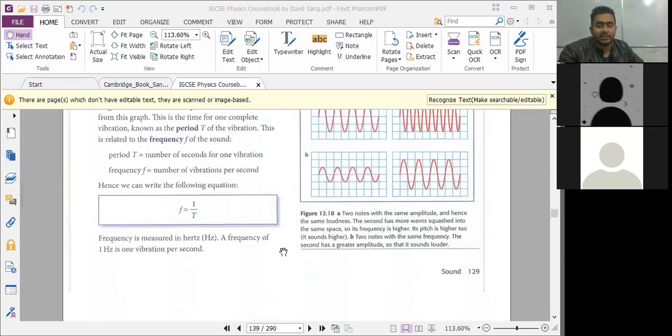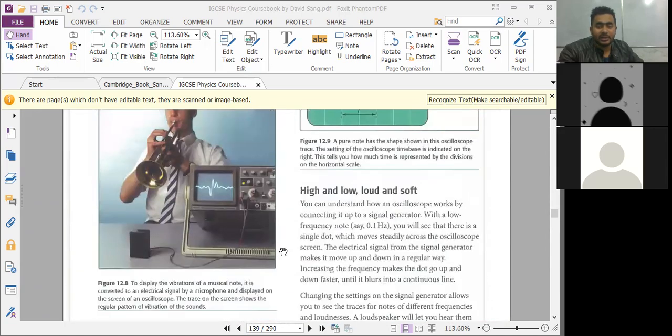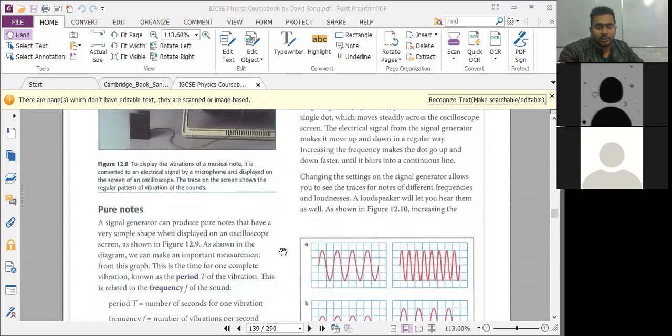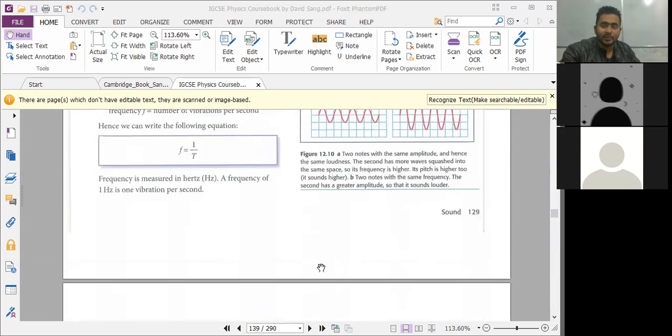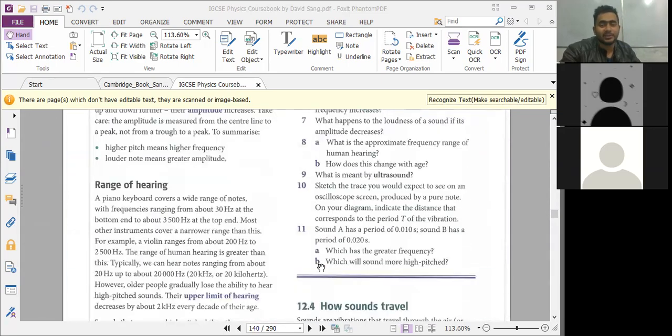Pure note diagramটা কোথায় দেওয়া আছে? এই দেখো, under the pure notes, we have got a sinusoidal wave where they showed 3.5 complete waves, right? A 3.5 complete wave, time period, frequency, যেভাবে আছে এভাবে লেখা দিই। খেয়াল করো, a pure note has the shape shown in the oscilloscope trace. Answer লেখা আছে। টিক মার্ক দাও, কারেকশন নিয়ে নাও, যেটা কোন ডায়াগ্রাম তোমাদেরকে ড্র করতে। নেক্সট।